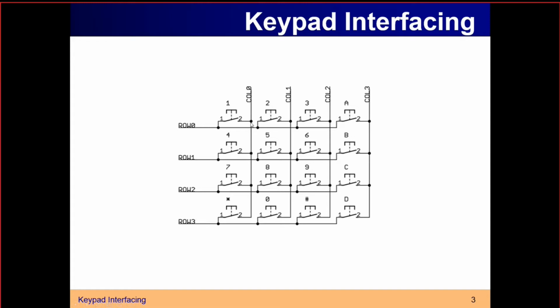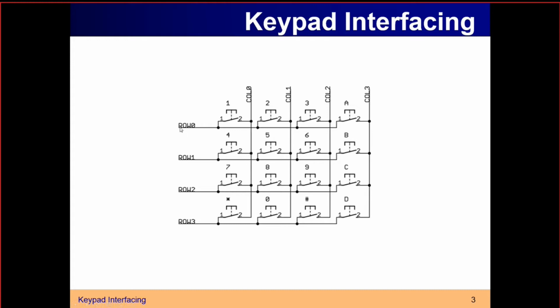Right? So the keypad you can consider as 2 planes. One plane is a row plane, another one is a column plane. You consider it like that. And whenever you are pressing a key, what you are doing? You are actually making a connection between those two planes. By default, all the switches are open. When you are pressing, say, the first switch, you are making a connection between the first column line and the first row line.